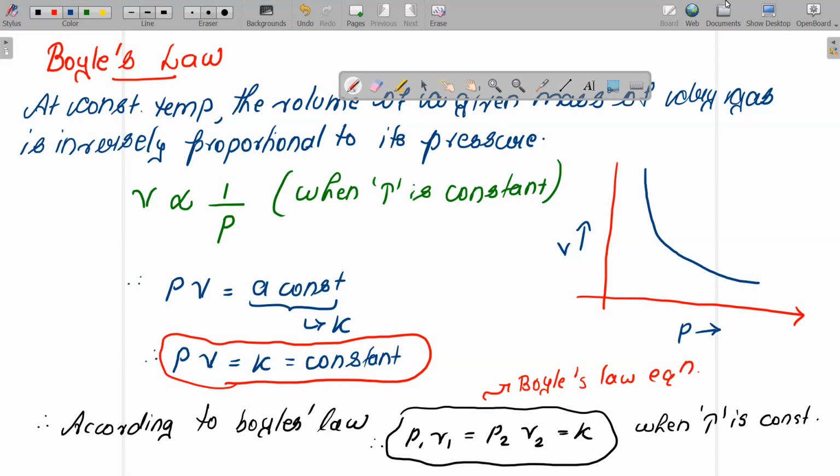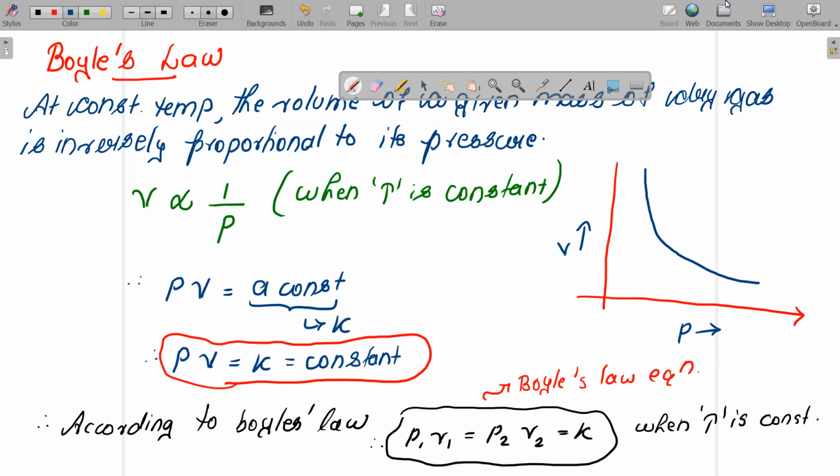Now, children, I'm taking P to the left side. Then what happened? PV is equal to a constant, right? Now that constant I'll denote as K. Hence I can write it as PV is equal to K. Understood? Now, children, you consider a particular mass occupies a volume V1 at a pressure P1 and another